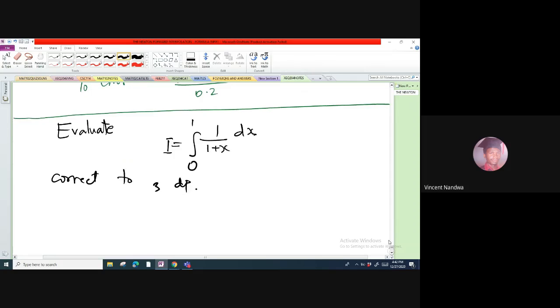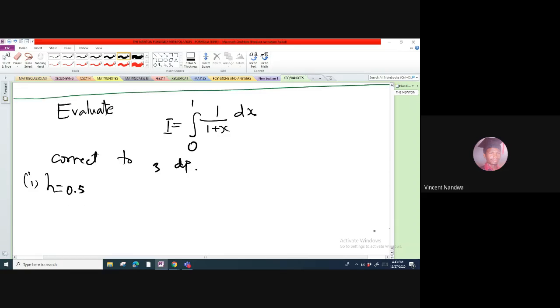So we'll take various methods and various types of h. I want us now to use h as 0.5, and then we use both the trapezoidal rule and Simpson's third rule. Remember for this case, when you have such an integral, you just relate it to the integral of f of x dx. So it is not hard to see that the function here is 1 over 1 plus x. So when you use h as 0.5,